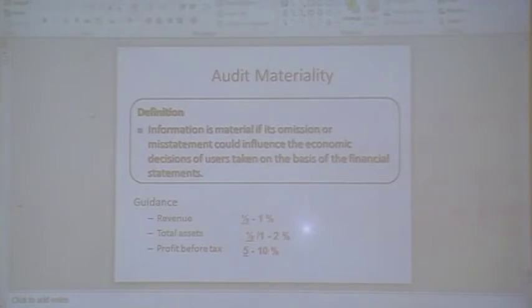Small enterprises, and this is the biggest one, often do not have sufficient staff to allow complete division of duties. For example, at holiday periods, one member of staff may take the role of another and effectively combine the recording of transactions and physical custody of assets. That happens a lot in small businesses, there isn't enough staff there.